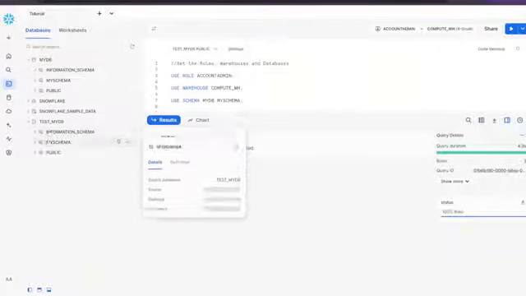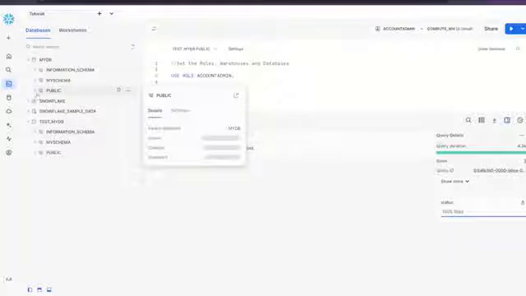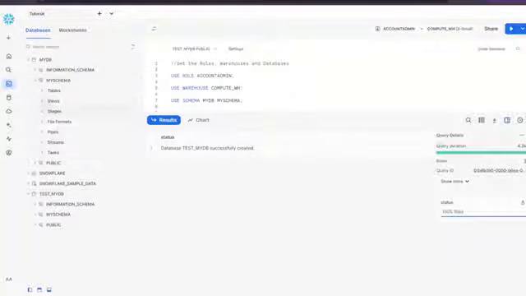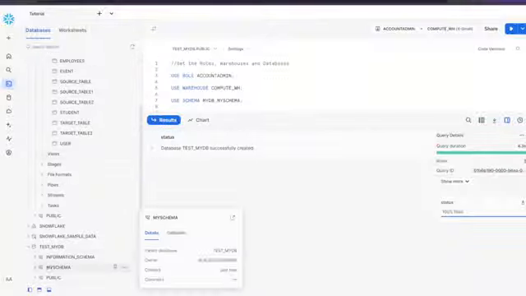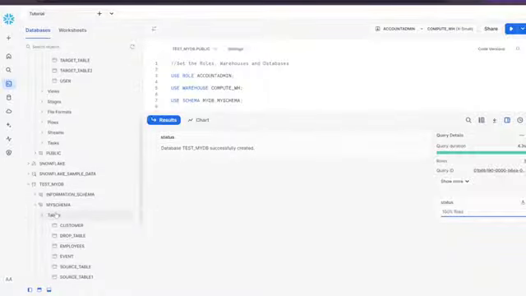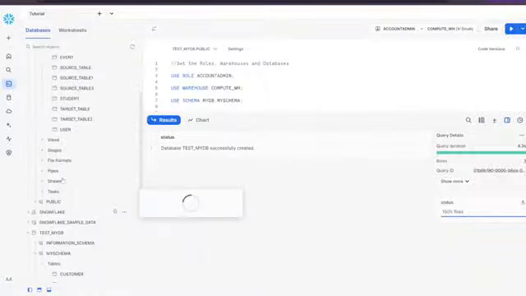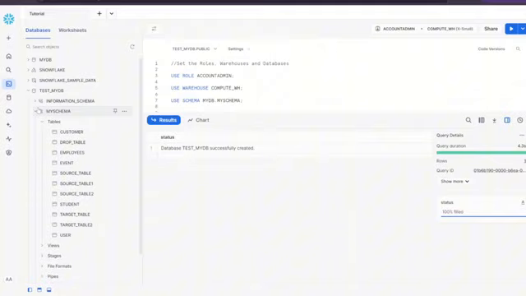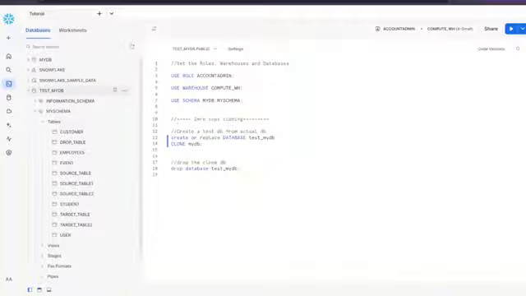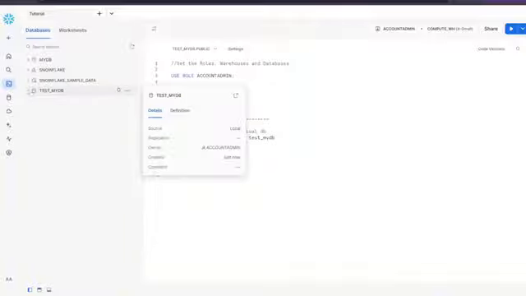We have three schemas here. If you open my schema and look inside the tables, you should be able to see these many tables, and inside your test MyDB, also under my schema, if you open the tables, you should be able to see practically all the tables you have, right? So now you can do any activity on this database without impacting the actual data sitting in MyDB. This is how you can leverage zero copy cloning inside Snowflake